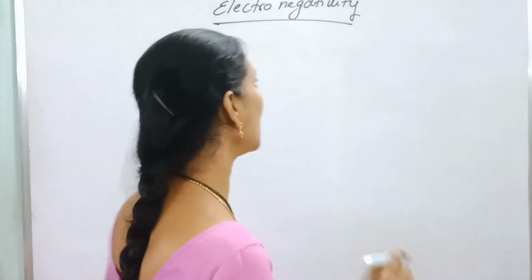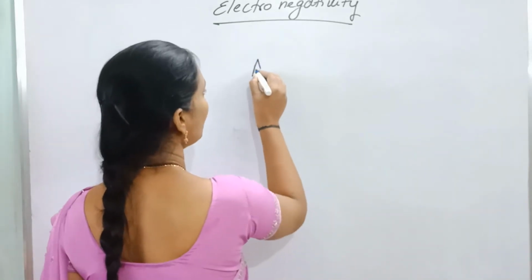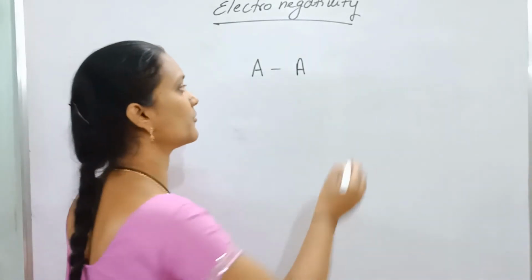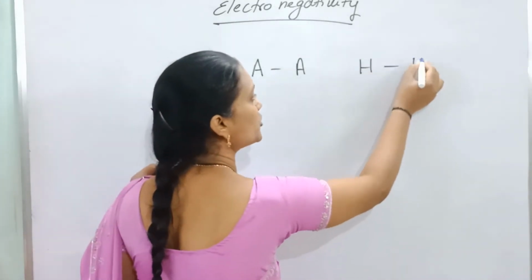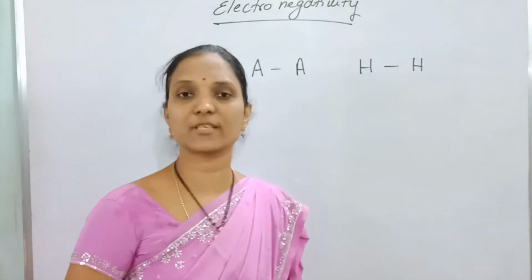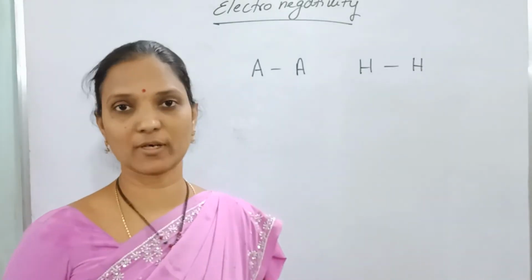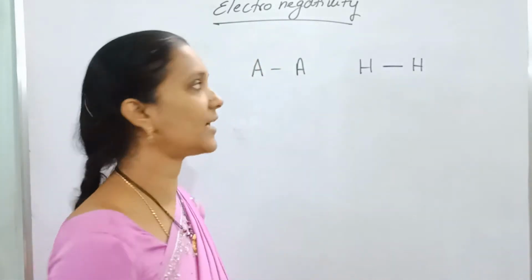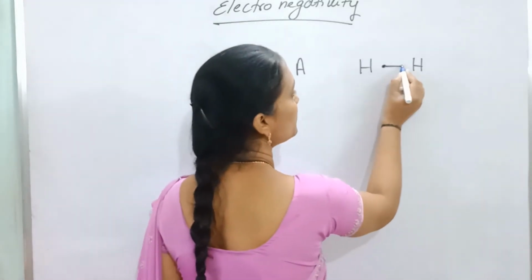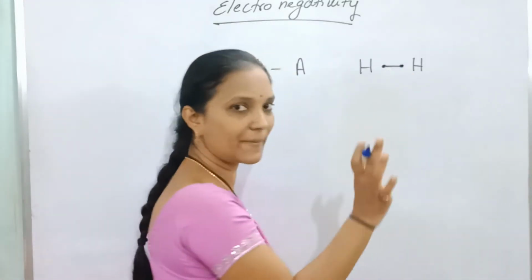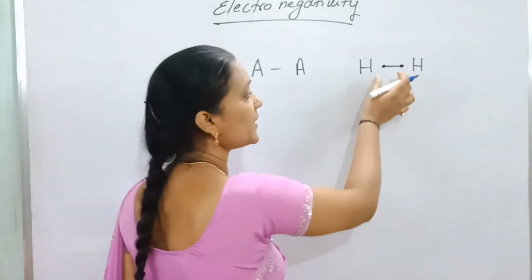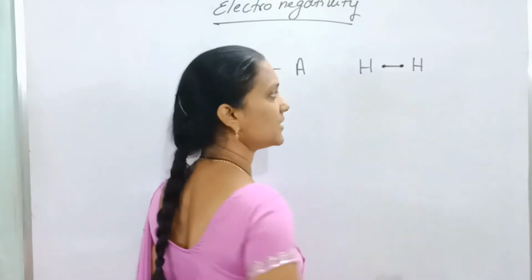Now this electronegativity is the property of a bonded atom. So two atoms are bonded with each other. Two identical atoms are bonded with each other, for example, two hydrogens in an H2 molecule. Two hydrogen atoms are bonded by one covalent bond. So here one single bond is present between two hydrogen atoms, which means here one electron pair, that is a bond pair because it is involved in bonding. Bond pair electrons are present between two hydrogen atoms.